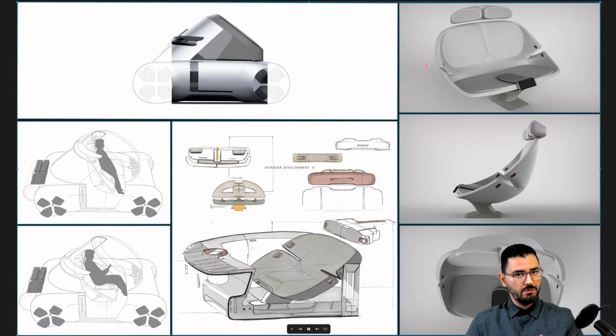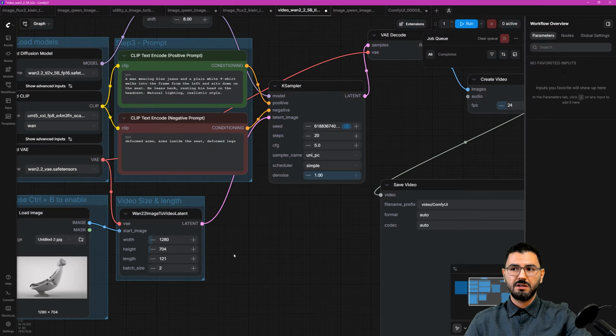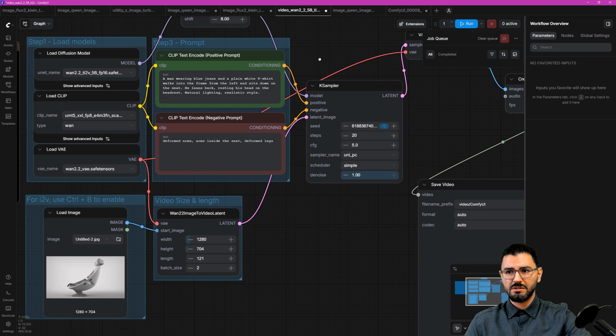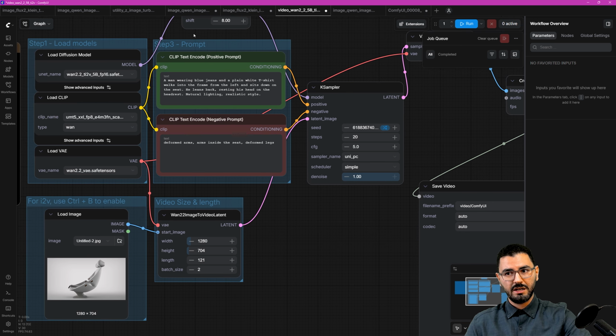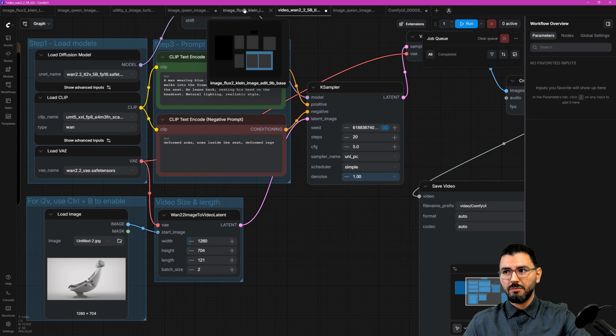So what works and what doesn't? I'll be using the ComfyUI, in which I downloaded certain models. You would need a low rank adaptation, a value encoder. The model, today I chose the 5 billion parameter of Wan 2.2. It's the most up-to-date video generation tool. And the way I approached the problem was,